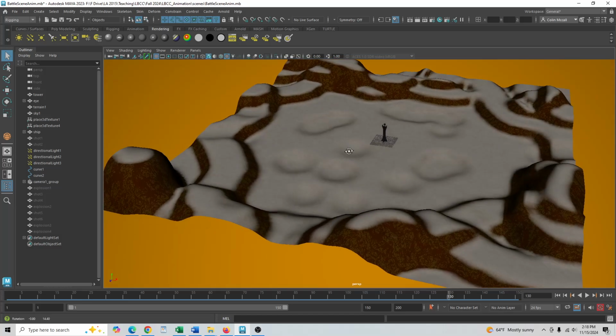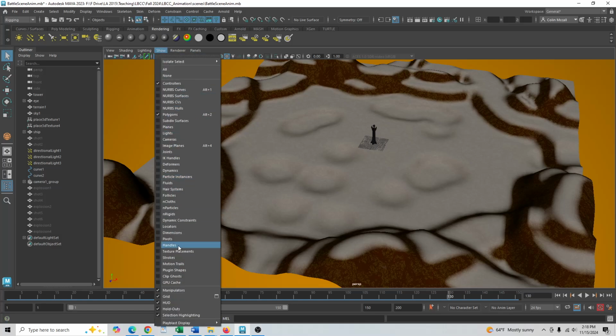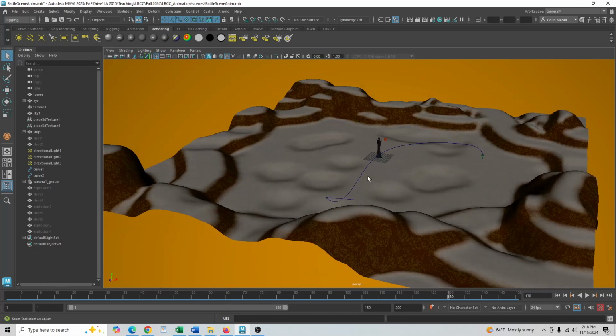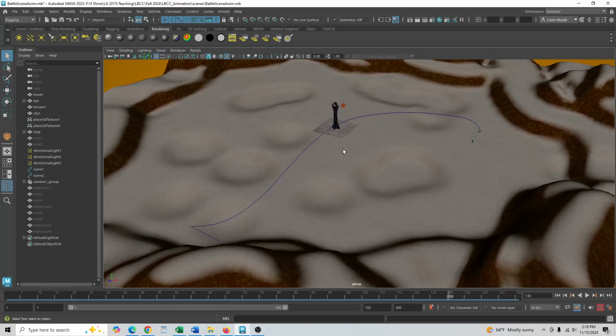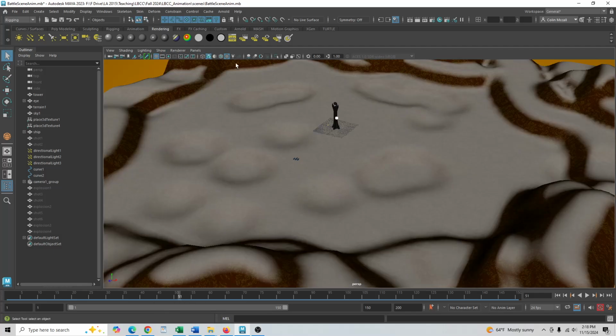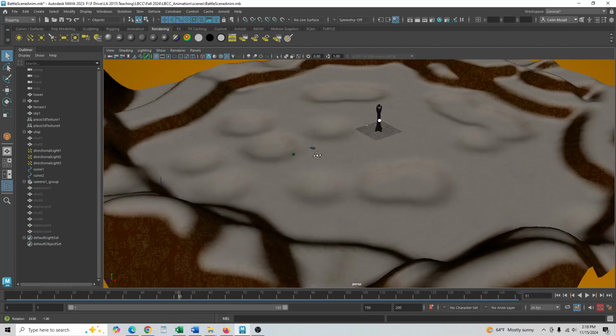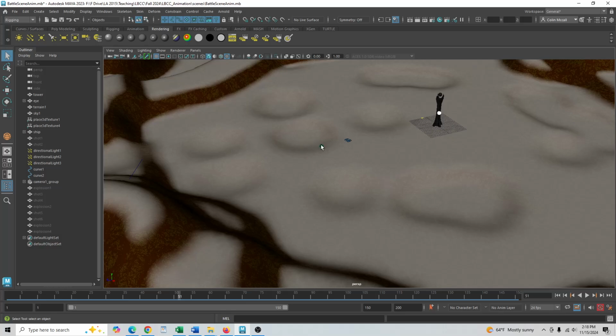If I come back to the main perspective, you can see not a lot of stuff is showing up in the scene. That's because I've gone to Show and I turned off a whole lot of things. If I go to All, there's every single thing in the scene I'm looking at. There's the path the plane is on. There's my camera. I could just say None, except I do want to look at polygons because that's what makes up the scene, and I also want to see my cameras. So there's my camera,